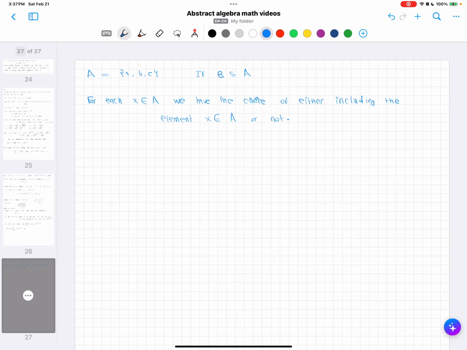So that means that for each element we have 2 choices, and since we have 3 possible numbers where each have 2 choices, then it would be 2 to the power of 3 possible choices that we can select things from for choosing specific